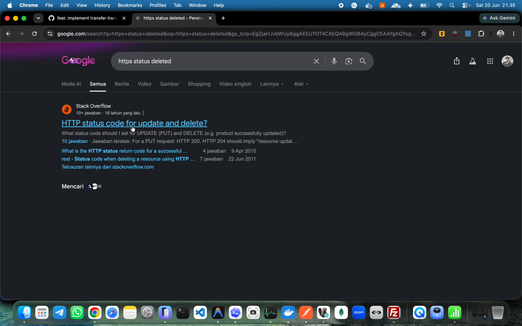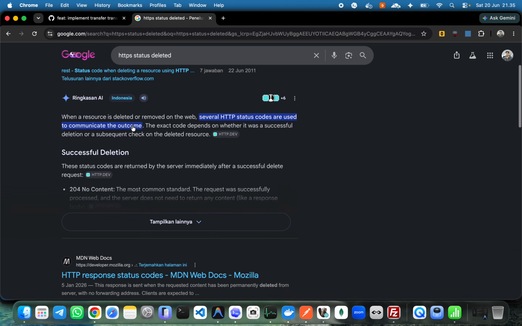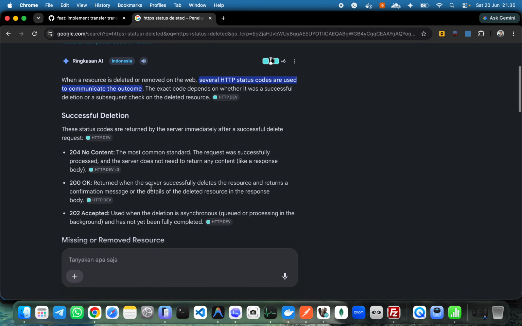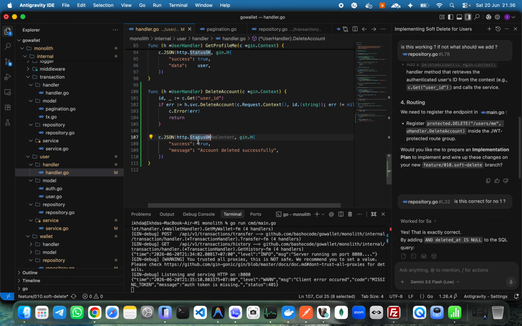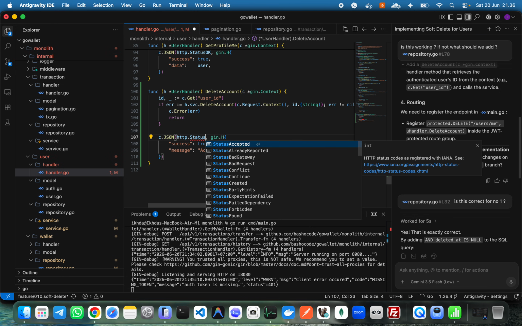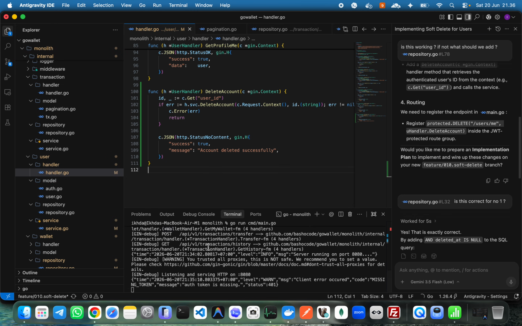What is that? HTTP no content maybe, or accepted. Yeah, but now the most common standard is 204, so we use status no content maybe. Okay, and